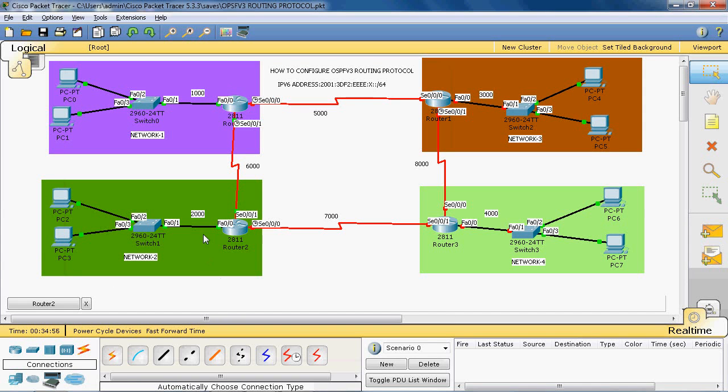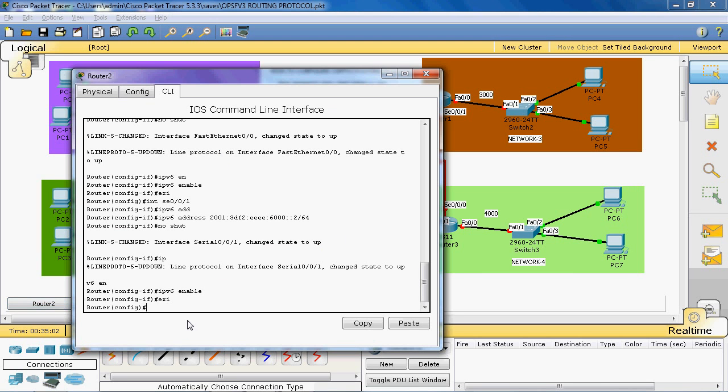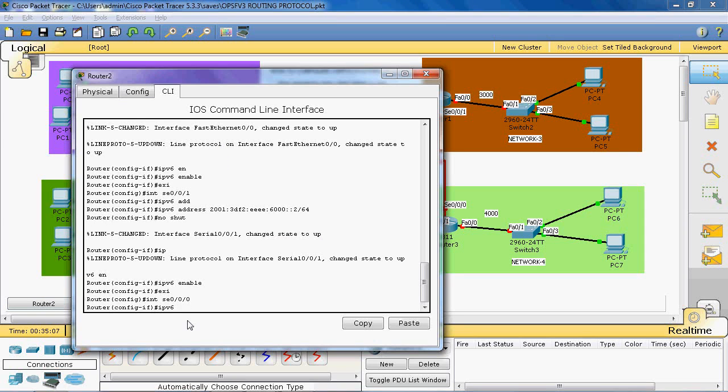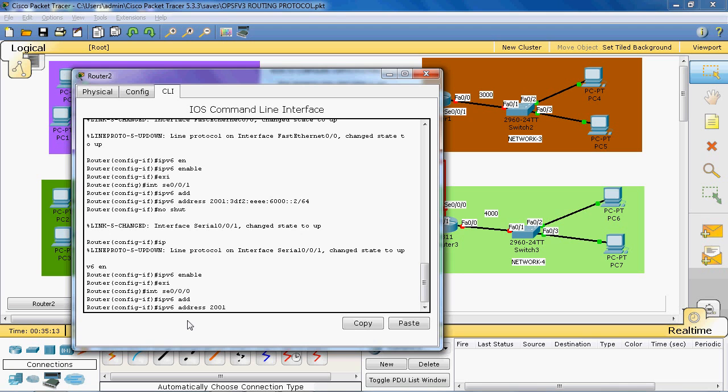Okay, now we can assign the IP version 6 address to serial 0/0/0. So we can go to that particular interface serial 0/0/0. So the syntax for assigning IP version 6 address is ipv6 address 2001:3DF2:EEE: Next the net ID is 7000. So here we can give 7000: